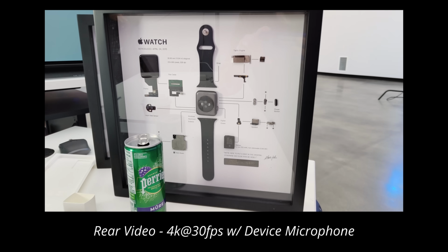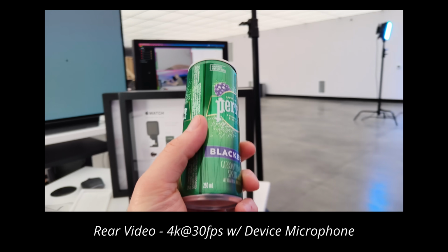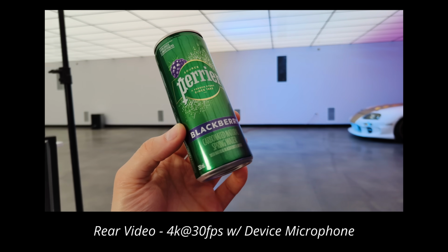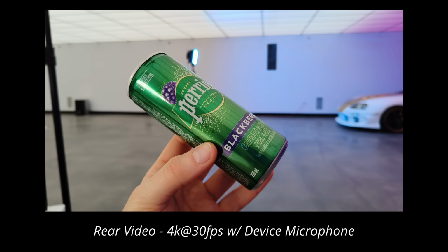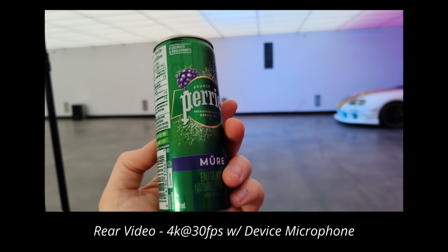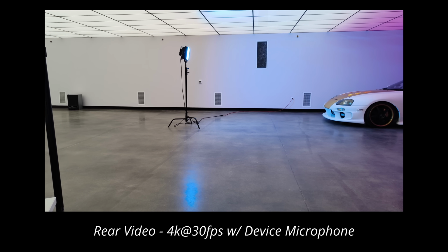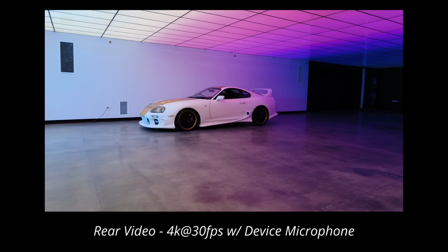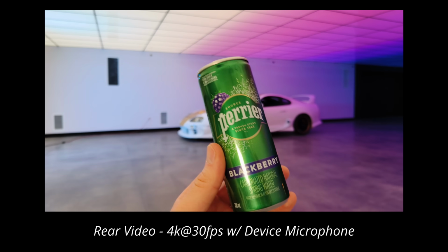Here's a test of the 4K video. This is a bit reflective. Let's pick up this can. How about a little bit of Blackberry for you? Lovely stuff. You can also hear the audio coming through the smartphone as well. That's what we're recording, obviously. And how about some autofocus? We pull this down, you're looking that way, looking this way, and then we're gonna bring this can up, and